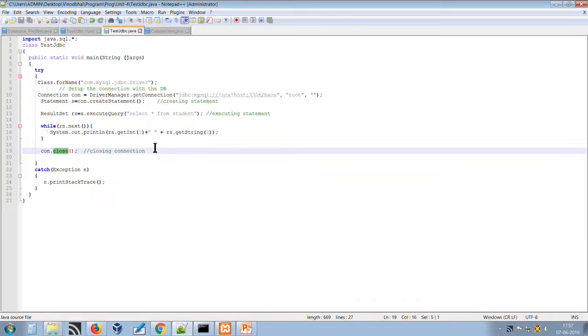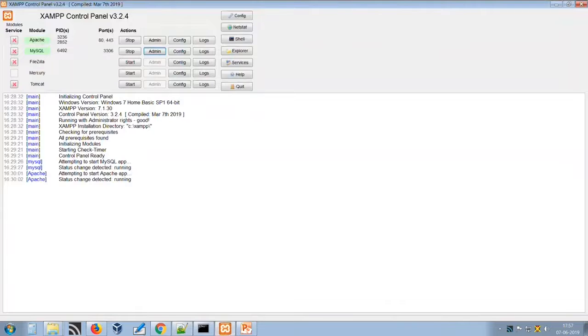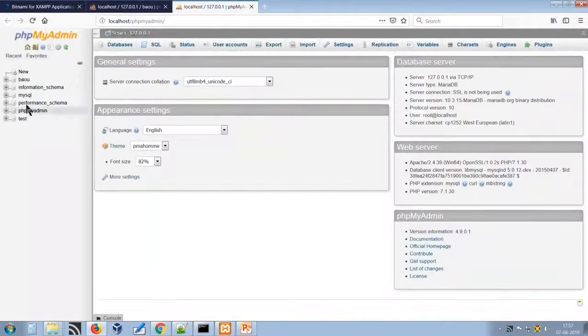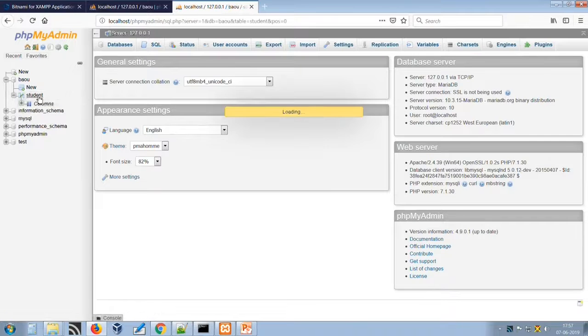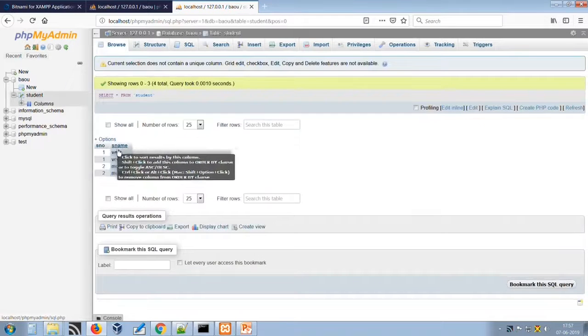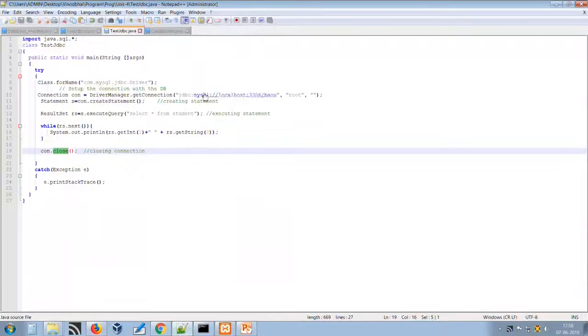So this is all about the Java application where we have created a JDBC connection. But at the opposite end, see what we have done in the database. This is MySQL. Here we have created this database BAOU. Under this BAOU database, we have a table named student. Under students, we have two fields, S number and S name, and under S number we have 4 records, including duplicate records inserted for testing purposes. So now we are establishing the connection with BAOU and firing the query on this student table.